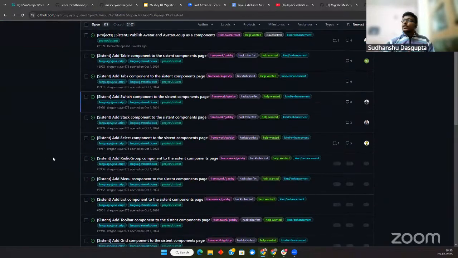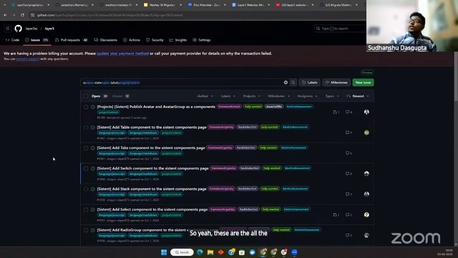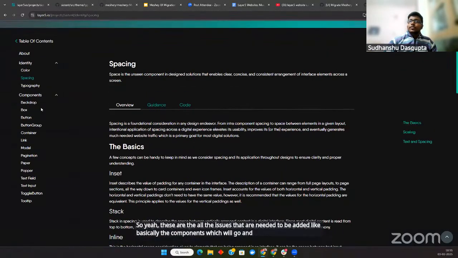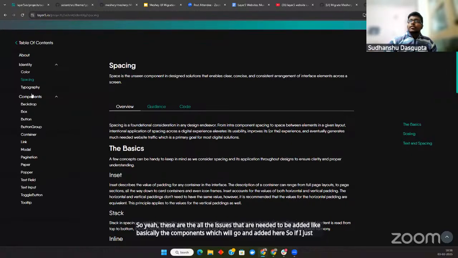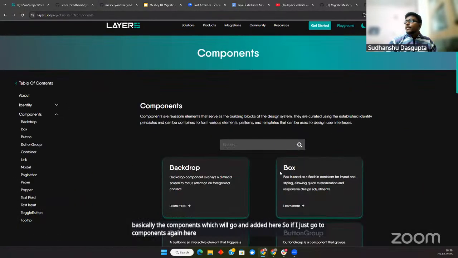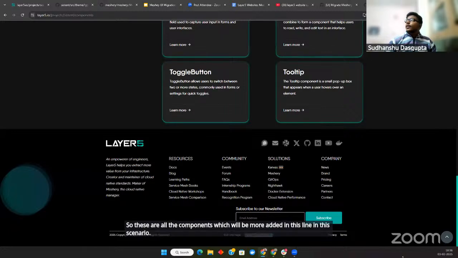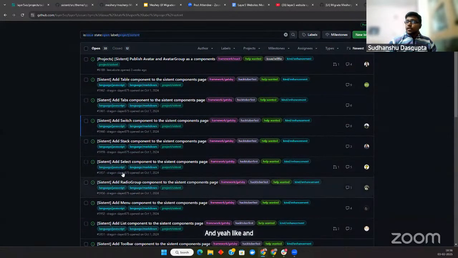Okay, so these are all the issues that need to be added, basically the components which will be added here. If I just go to components again, yes, these are all the components which will be added in this scenario, and issues have already been created for those.